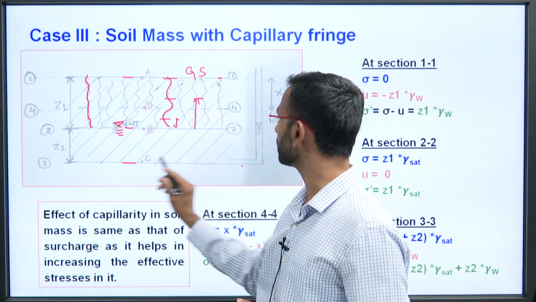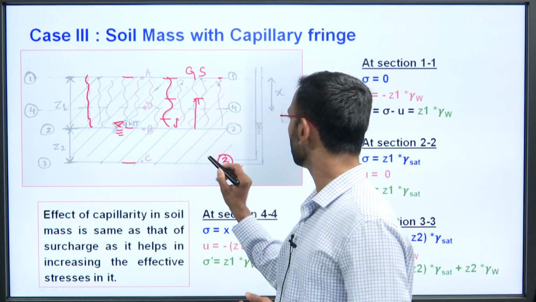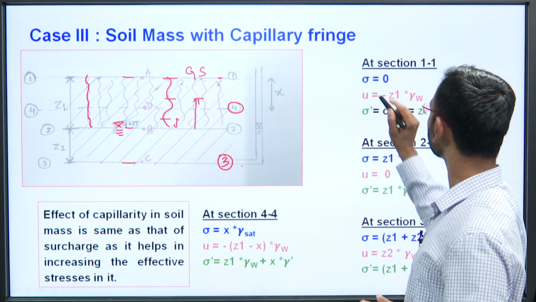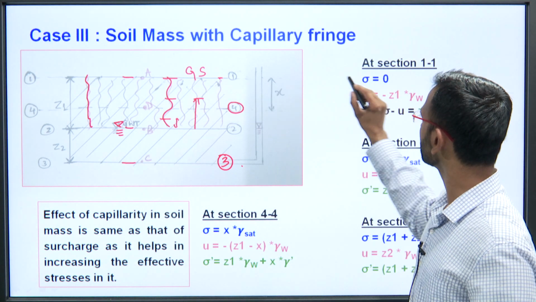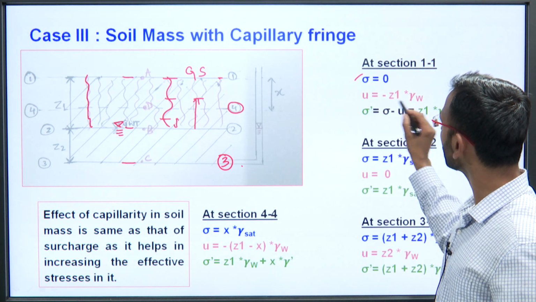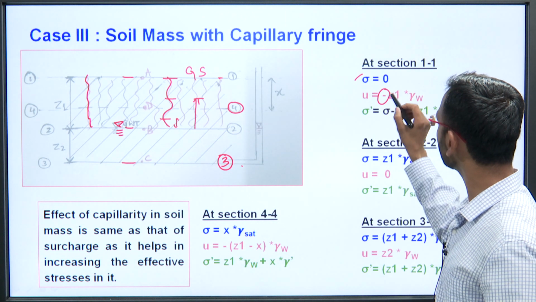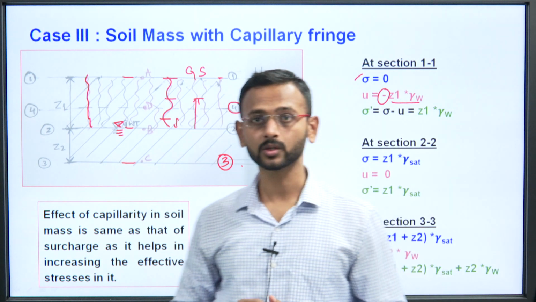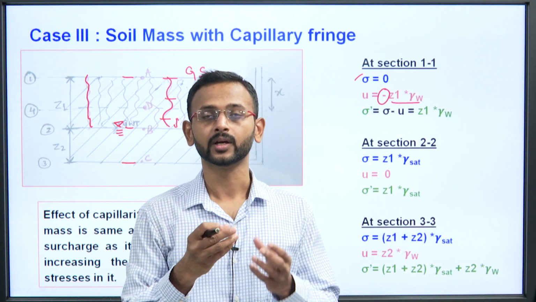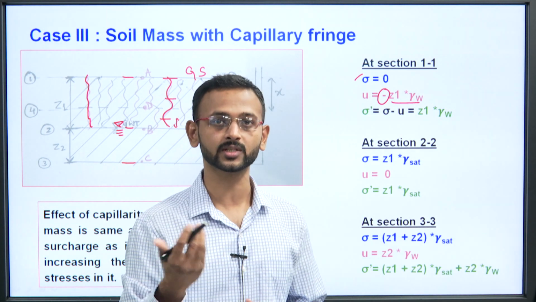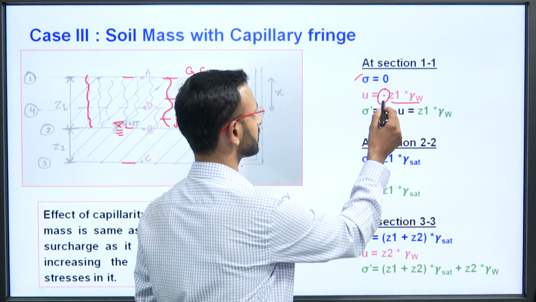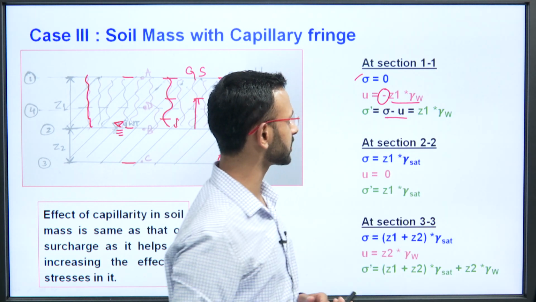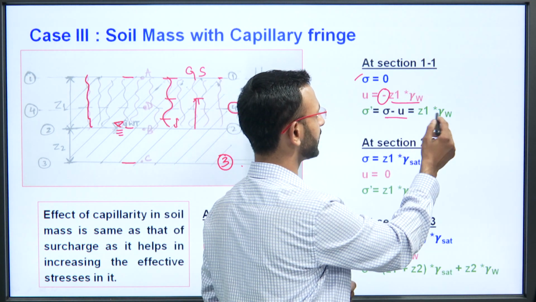So, when we talk about this A section, we will be discussing this section 1, this section 2, this section 3, and then an intermediate section wherein the capillarity is there. The total stress at this point A is 0, and the pore water pressure will be minus Z1 into gamma W. This is very important here: because the water is held in tension, it is not the usual way as when the groundwater table is there, so here it is a negative sign. Then the effective stress, as you already know, is equal to total stress minus the pore water pressure, so this comes out to be Z1 into gamma W.